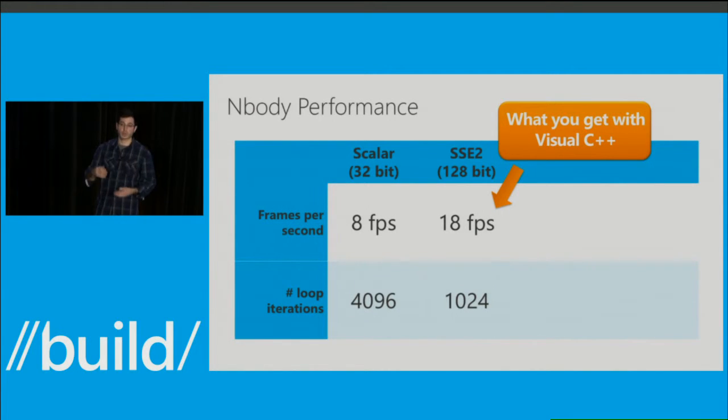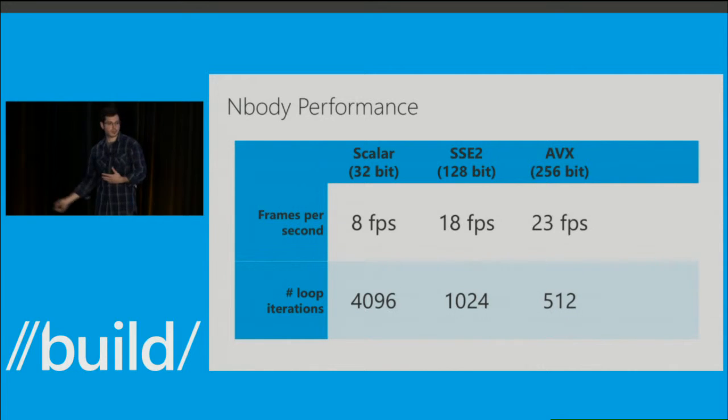It's just divided by 4 because we can do 4 iterations at a time. And the frames per second goes up, which is good. It's around 2.2x higher. But the processor that I was running this particular benchmark on also supports the AVX instruction set,